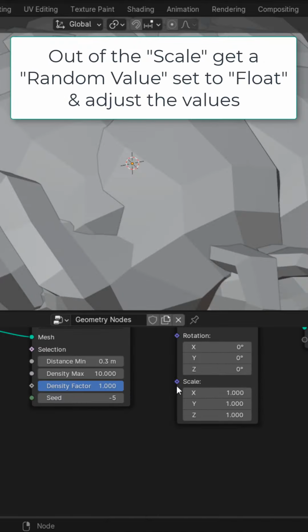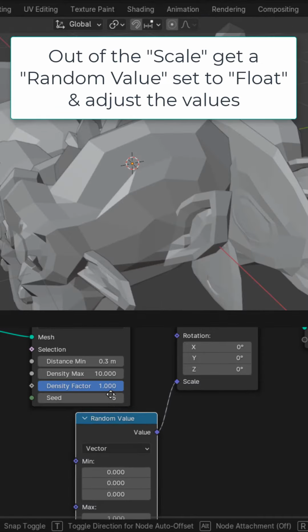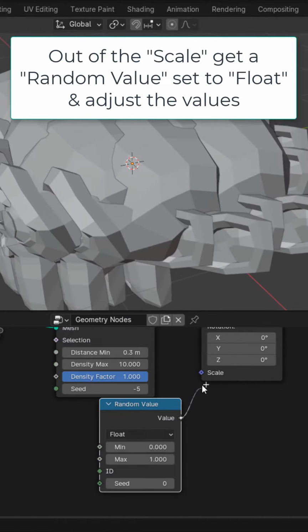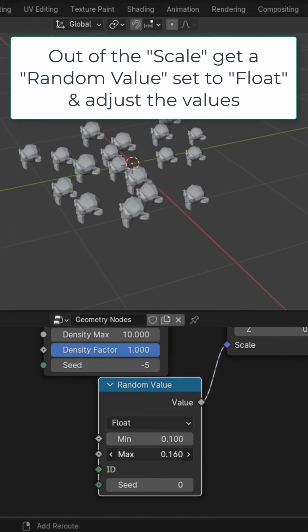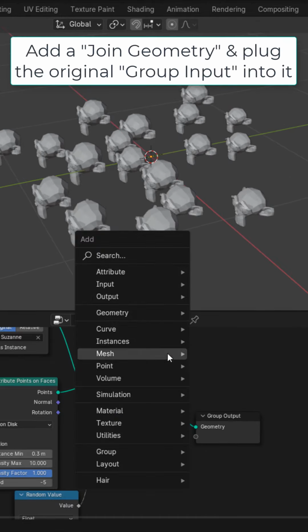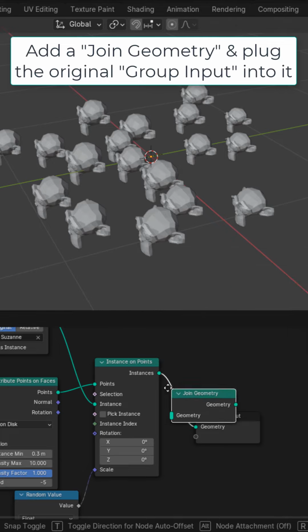They're way too big, so out of the scale, get a random value. We're going to change this to float, plug it back in, put the minimum up a little bit, and the maximum down. To join the plane back in, Shift A, and let's get a Join Geometry and drop it after